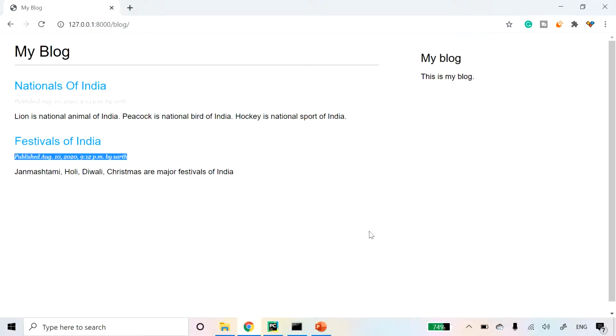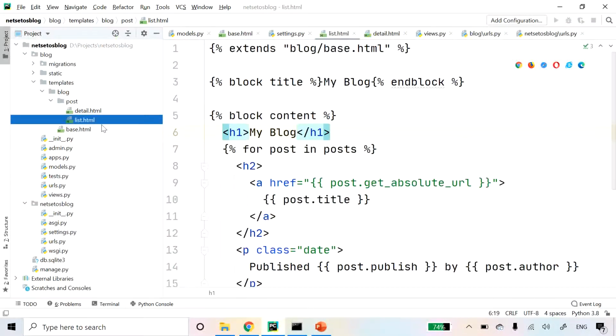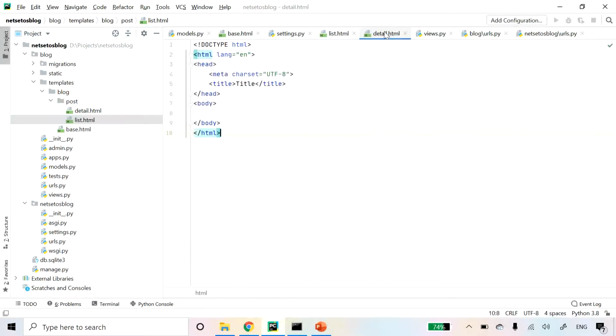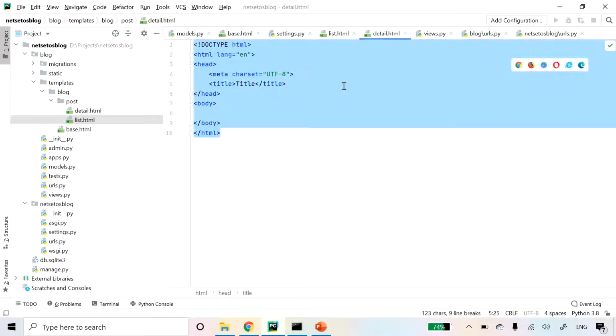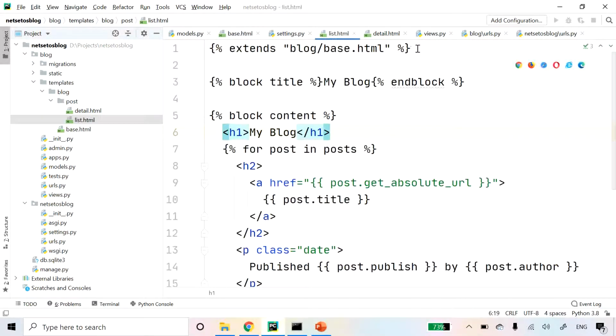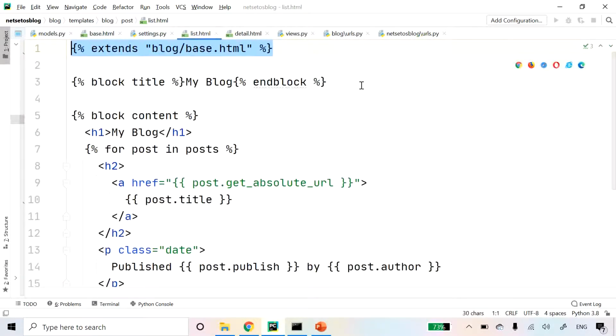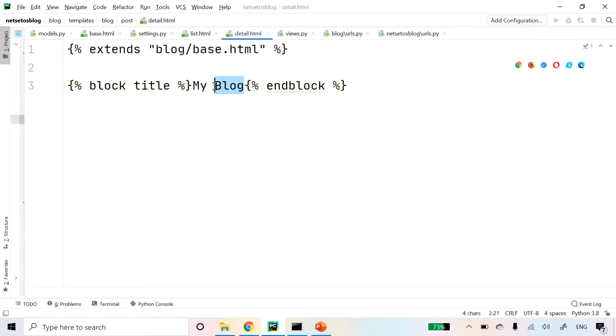Now let us continue by going to PyCharm, and here we have already worked with base.html, list.html. Now we have to work in detail.html. So the first, I need to extend base.html. So I'll take the same command over here. Then I'll take the title, where I'll write the title of post. Then in content,